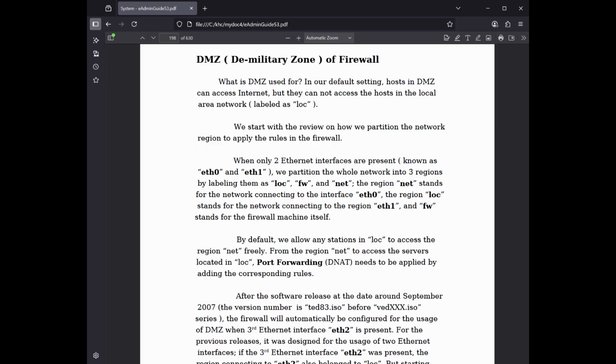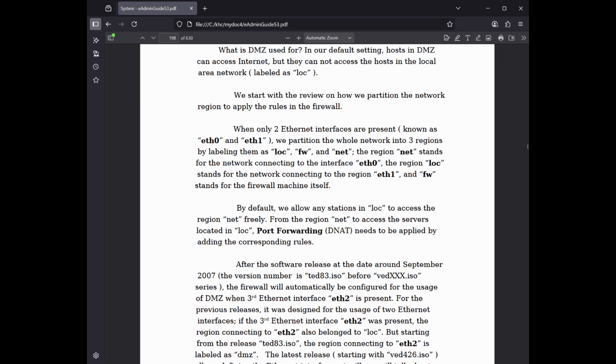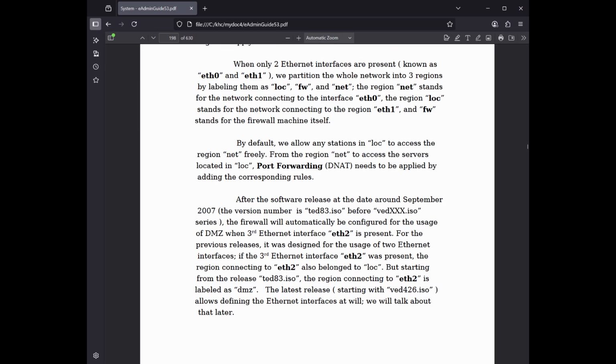The region NET stands for the network connecting to the interface ETH0, the region LOC stands for the network connecting to ETH1, and FW stands for the firewall machine itself. By default, we allow any station in LOC to access the region NET freely. To access the servers located in LOC from the region NET, port forwarding, DNAT, needs to be applied by adding the corresponding rules. After the software release around September 2007, the version number is TED83.ISO, before the VEDXXX.ISO